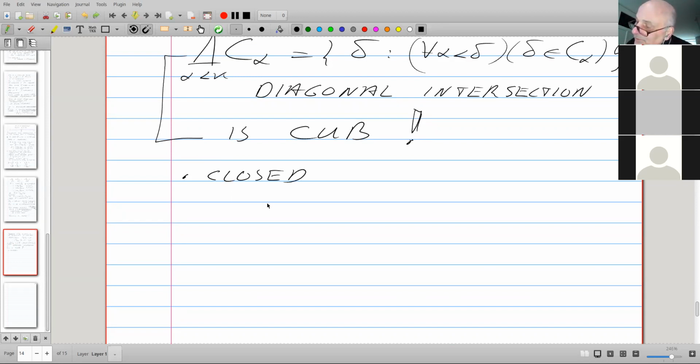Well, suppose delta is the supremum of delta intersect that diagonal intersection. We want to show that delta is actually in that thing as well.